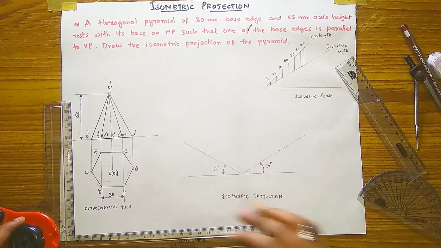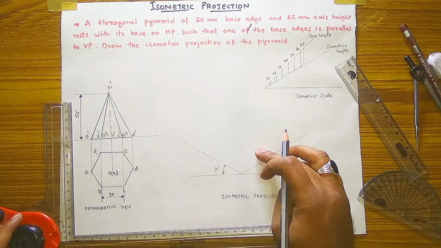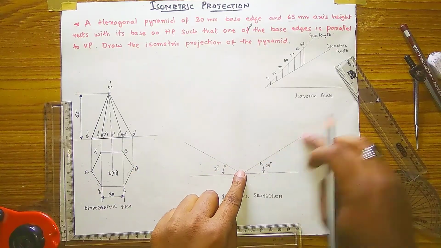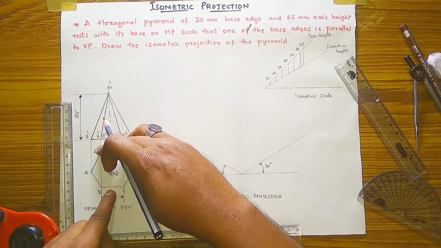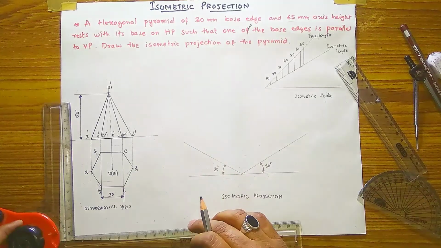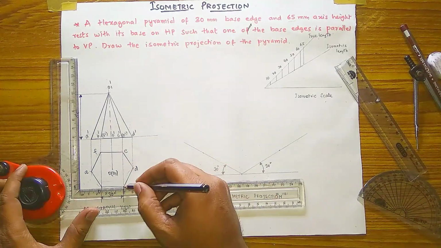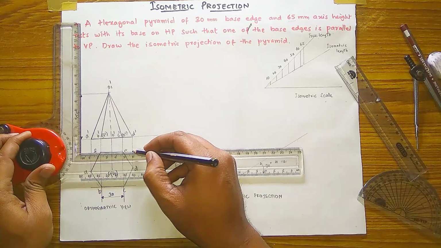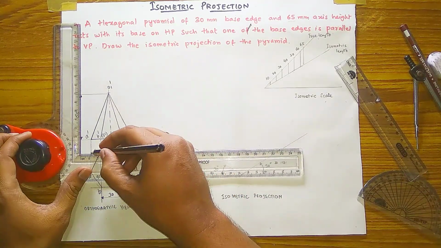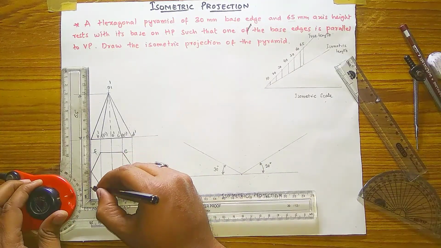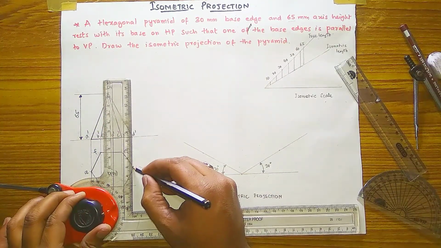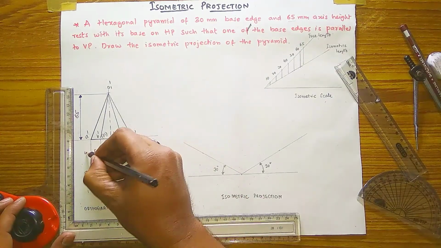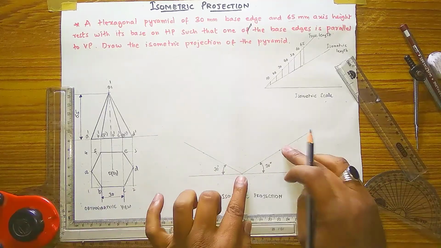Okay, now to draw this hexagon, the width of the hexagon I will draw on this line, and the height of this hexagon I will draw on this line. To draw this, I will make it easy. So I am taking this hexagon in a box like this. Okay, now you can label it as 1, 2, 3, 4, and this 1, 2 I will copy here.